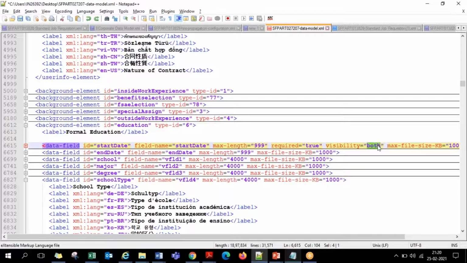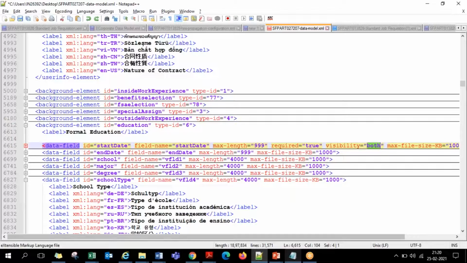If visibility is equal to both, it's visible and even editable. All these attributes, I even made a list, guys. You need not worry, I made an Excel sheet. In yesterday's emails that I sent you in the name of EC Foundations, there is an email that you guys received yesterday.